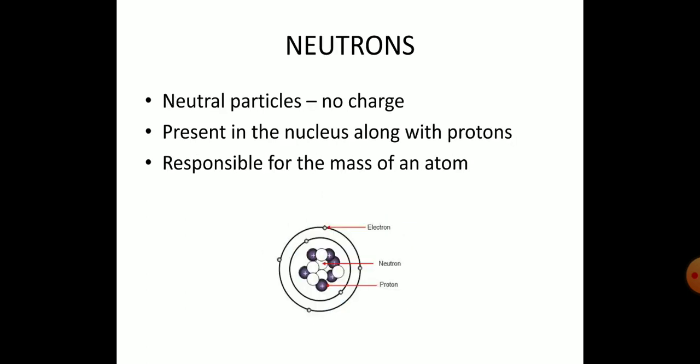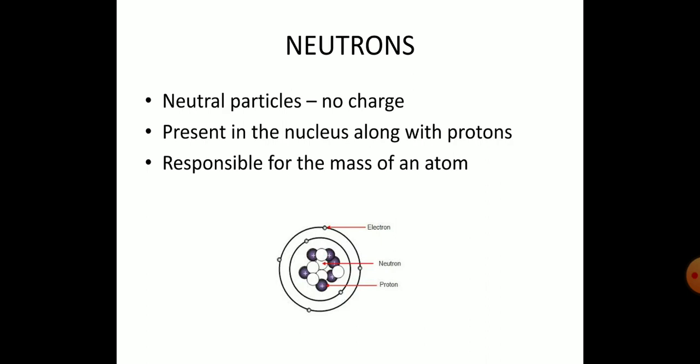Now coming to the neutrons. Neutrons means neutral. The name itself says neutral. That means it will not have any charge, that means no positive charge or no negative charge. First we saw electrons. What were electrons? Electrons were negative charge. Protons are positively charged. Now the particles with no charge, that is neutral charge, are called neutrons. And where are they? They are present in the nucleus along with the protons,